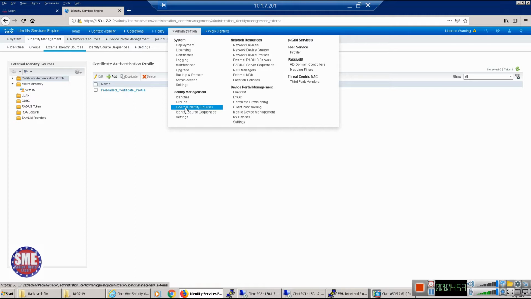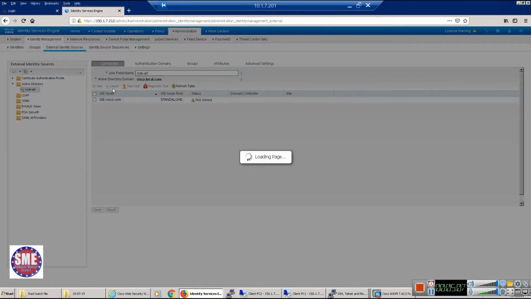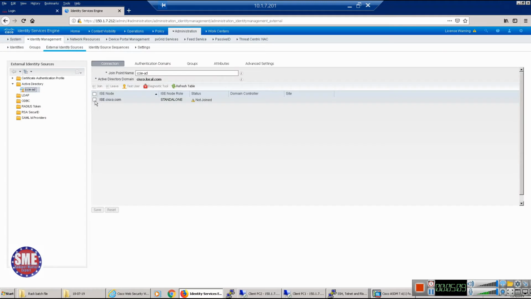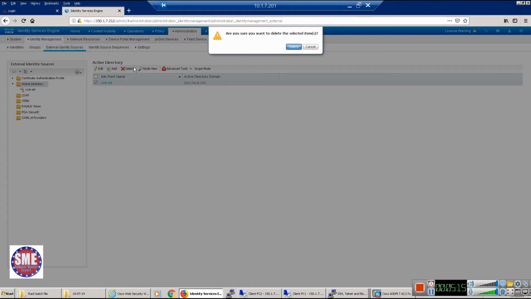So we'll connect the AD integration first. External identities, Active Directory. One identity registration is already there. You need to delete that registration. So try to delete AD. Deleting is different; we cannot delete it from there. Click on Active Directory, then select it and delete. If you select CCIA AD, you can't delete it from there.